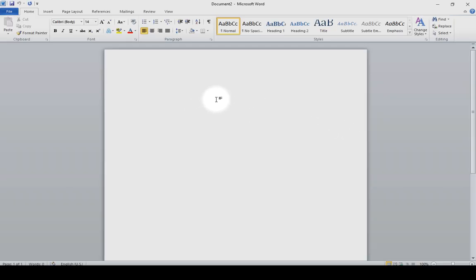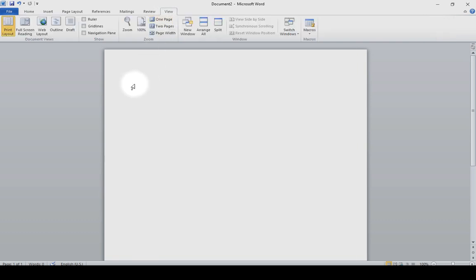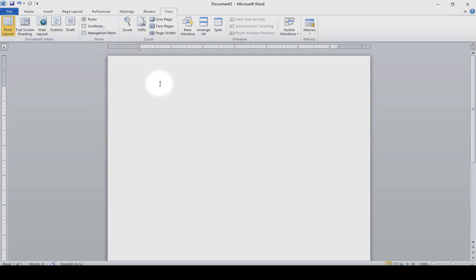This opens a document with a small blinking line appearing on the page. This white area is called the work area. There is another important thing in the application window, which is the ruler. To make the ruler visible, we click on the View tab and select the View Ruler button. The ruler gives us an idea about the width of the page, its margin and other objects on the screen.